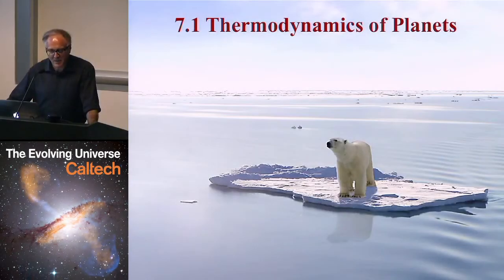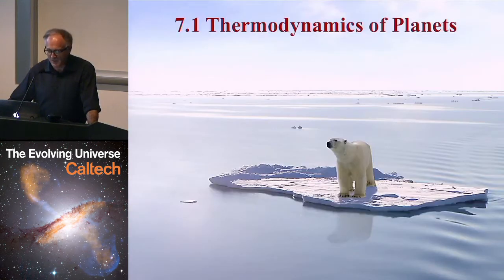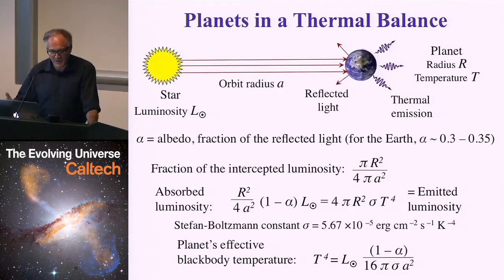Let us first talk about energy balance of planets. And you will know what's going to happen to this polar bear, right? Why is this happening? Well, let's look at the simple physics of what goes on as planets are being illuminated by the parent stars. So, a star has certain luminosity, illuminates a planet at certain distance, say A,